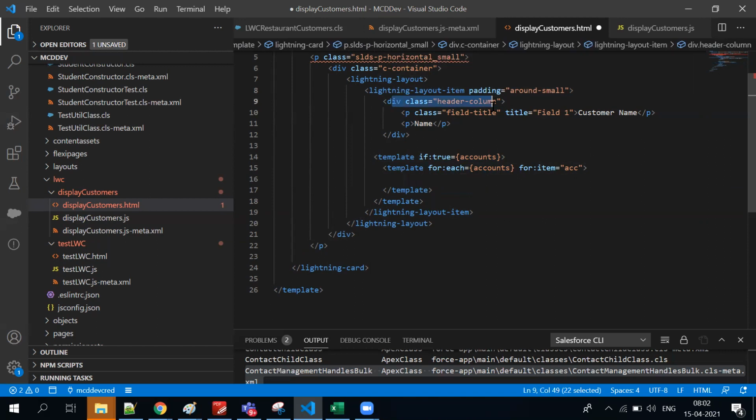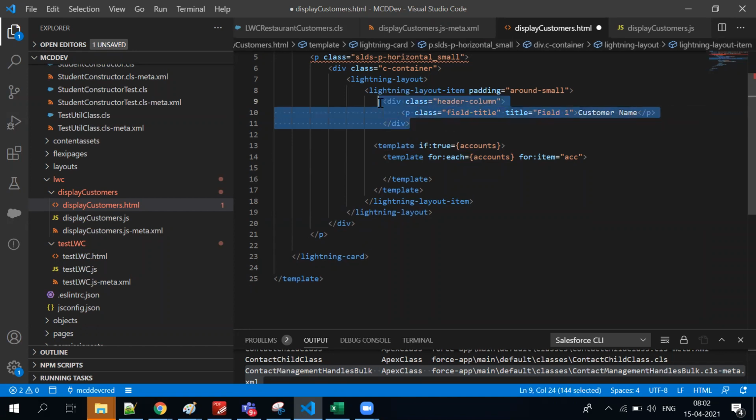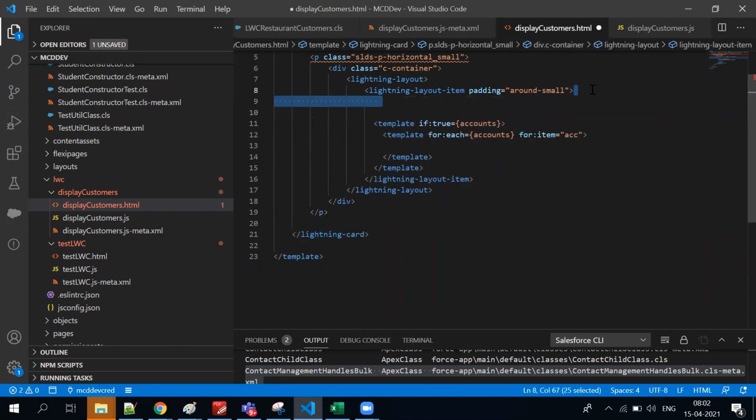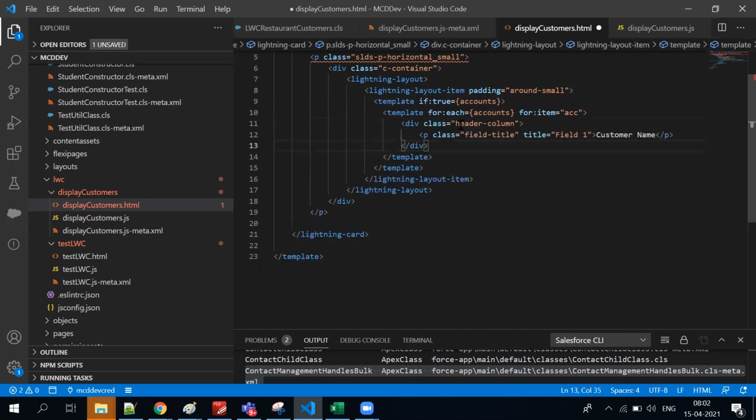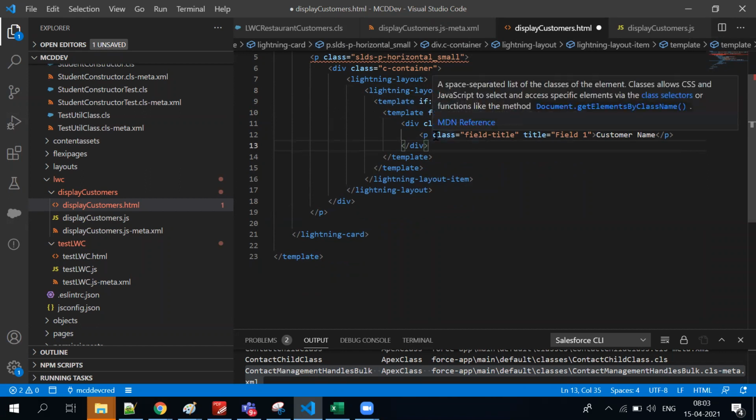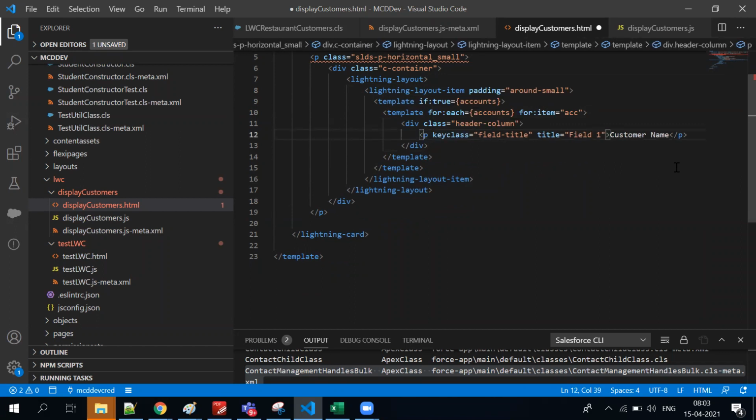So if you have a header column, they keep displaying the header columns there. So instead of having this name like this, what I thought is to get them here inside. Prior to this, I think we need to have a key element to be displayed there. So let me have a key here. So key is equal to